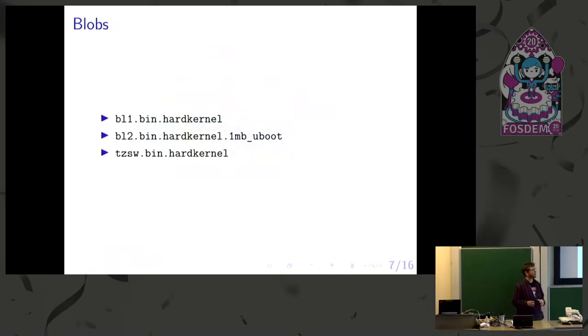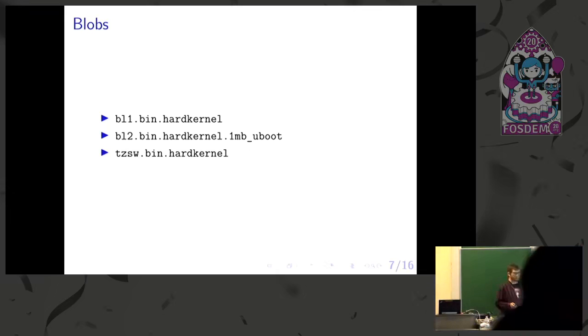Okay, the boot on Odroid looks as follows. There are 3 blobs provided by the vendor, which is Hardkernel, and they are flashed with an appropriate script. They are flashed onto SD or eMMC card, so the board can boot. BL1 does the very basic platform setup, which is turning on DRAM and reads BL2. BL2 loads TrustZone and an unsigned U-Boot image.